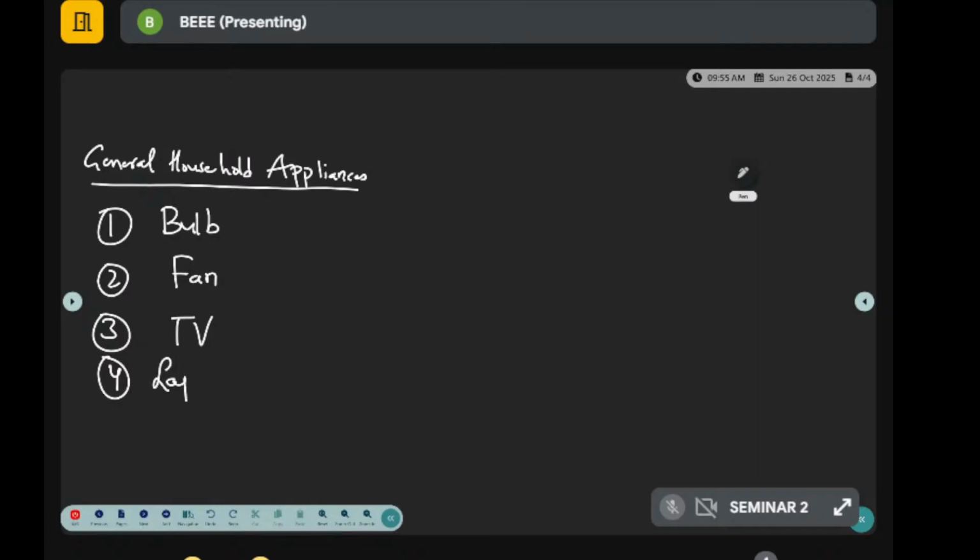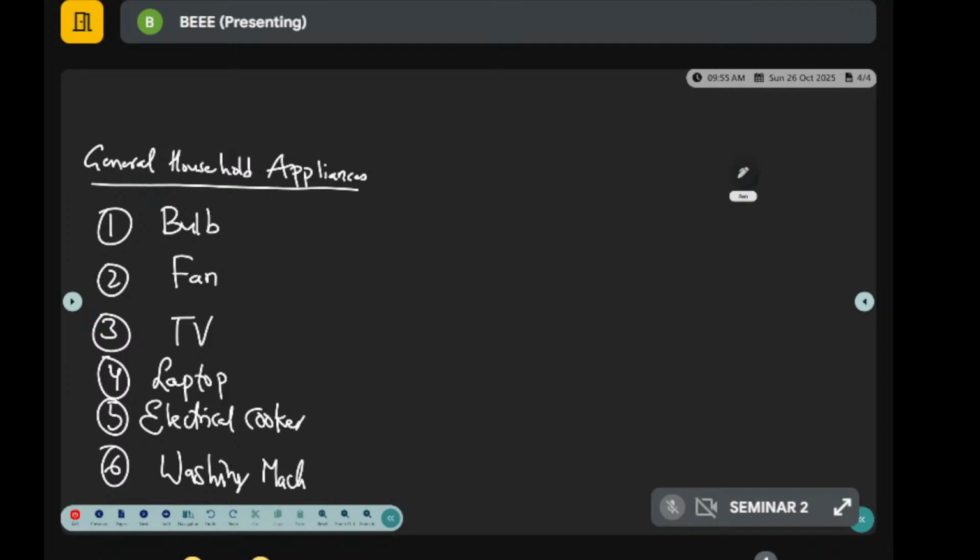laptop. Fifth one, electrical cooker. You can write this one. Electrical cooker. Sixth one, washing machine. And seventh one,